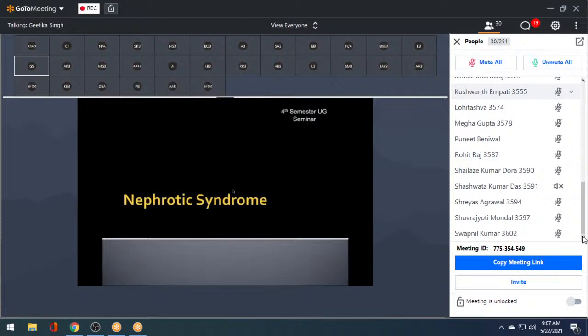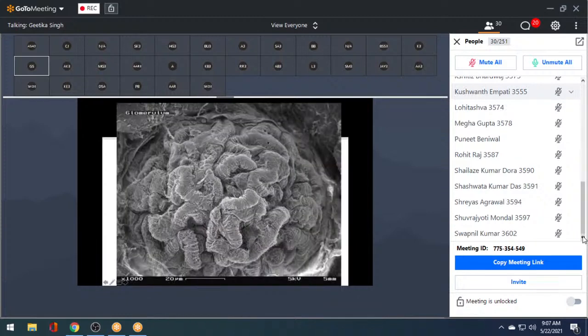Okay. You're absolutely right. So you need more than 3.5 grams of protein to come out in 24 hours. When you're losing so much protein, you will have hypoalbuminemia, you will have edema. So those three things need to come in together. And then you have hyperlipidemia and lipiduria. Okay. So we're going to revisit some concepts as we understand the glomerulus in a little more detail